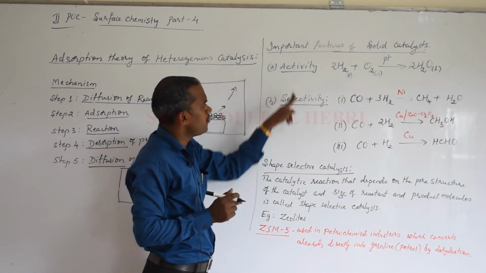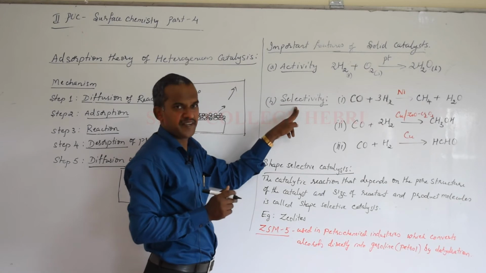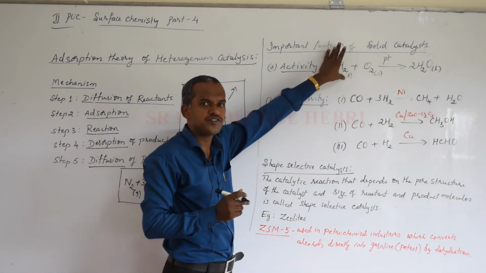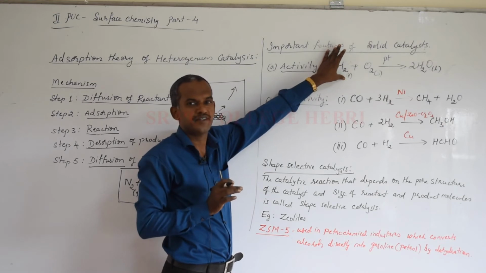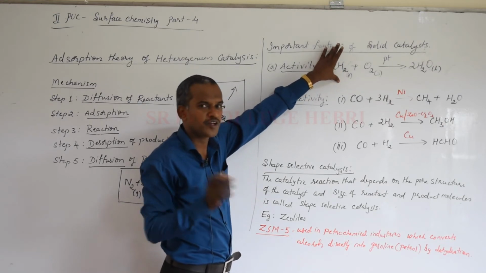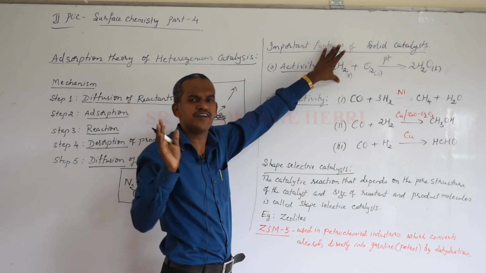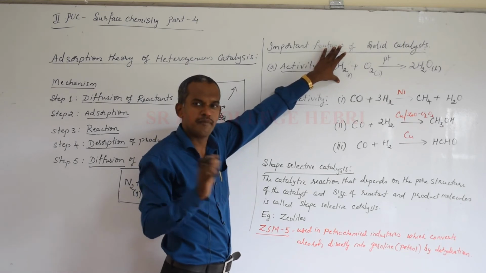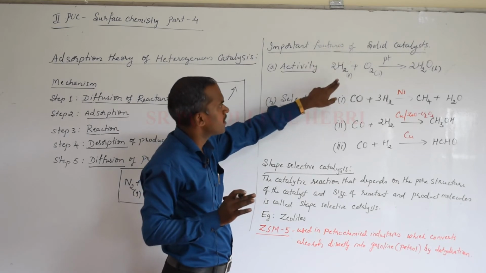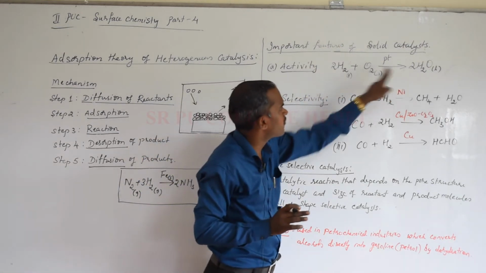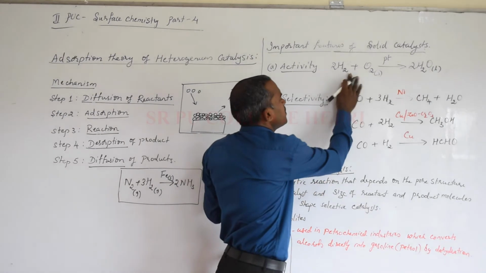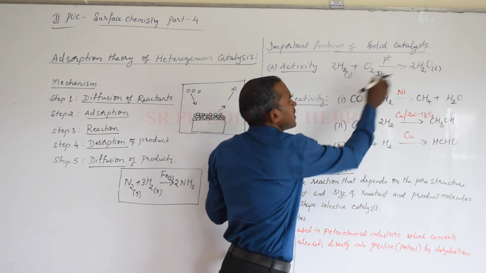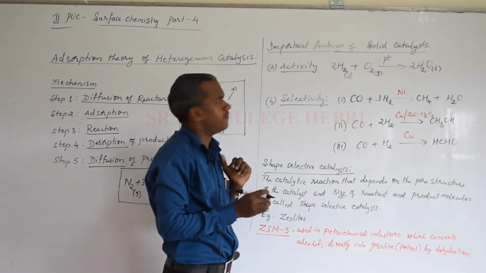Now what do you mean by activity and selectivity? What is the difference between these 2 terms? You all studied a process called hydrogenation before. What is hydrogenation? The process of addition of hydrogen. Many examples can be given, such as hydrogenation of hydrocarbons. Look at the formation of water from hydrogen and oxygen. Hydrogen in the gaseous state is a reactant, and oxygen is also gaseous, converted into water in the liquid form.